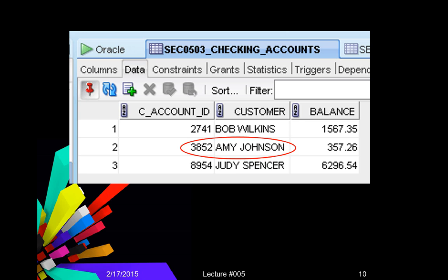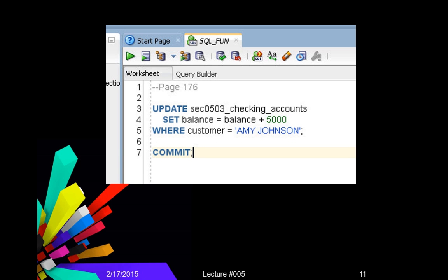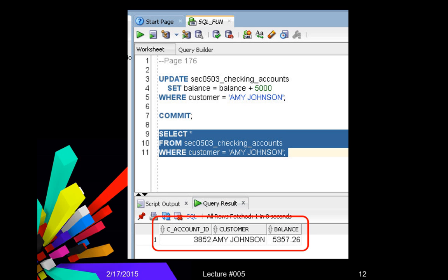So we've taken her money away. So it's been updated. Now we're going to add it back in, and we're going to commit it, and Amy's back up. So we can commit that increase again, or we can add that money back in, we can commit it, and that absolutely makes sure that Amy Johnson has her